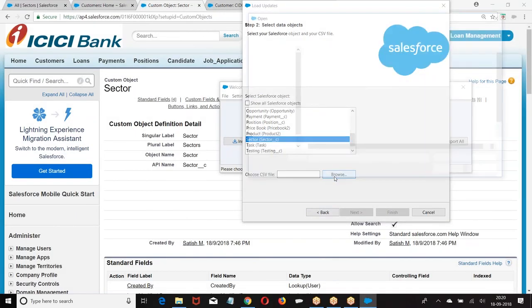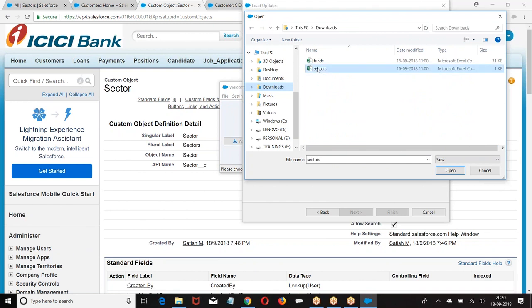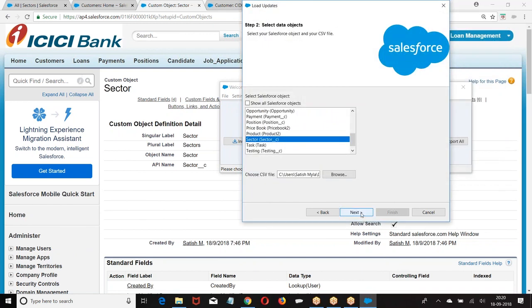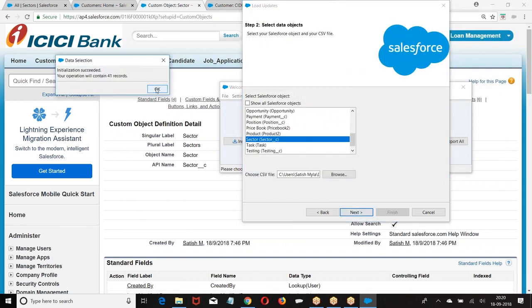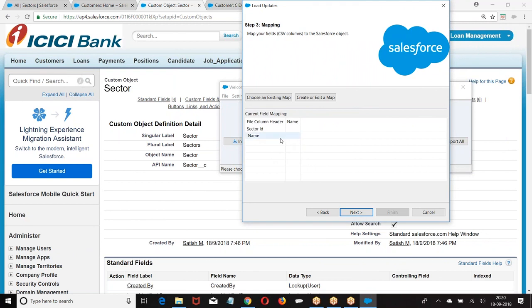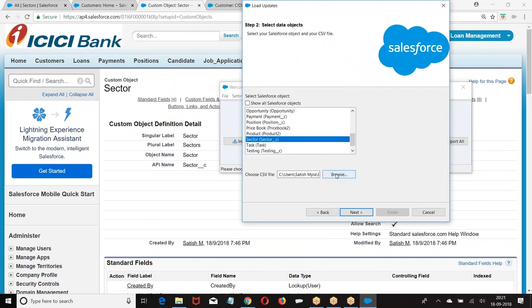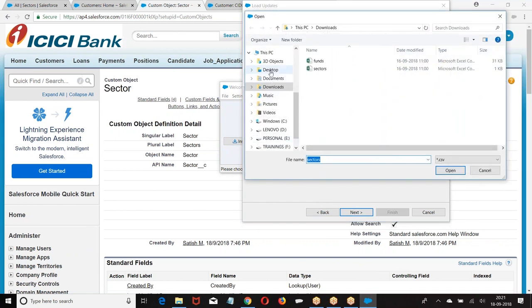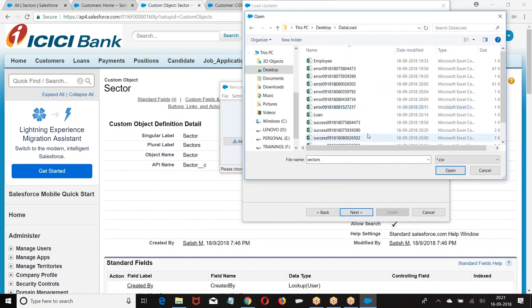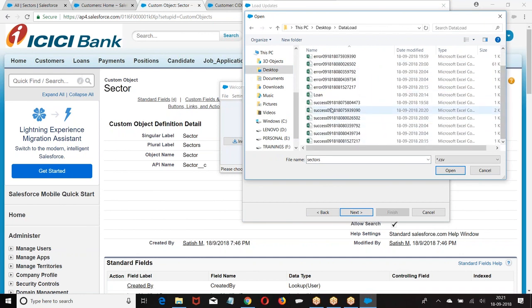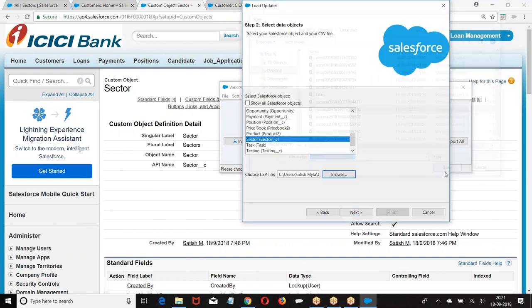Now go to this, browse the file. We had a desktop, data loader, sector, open.